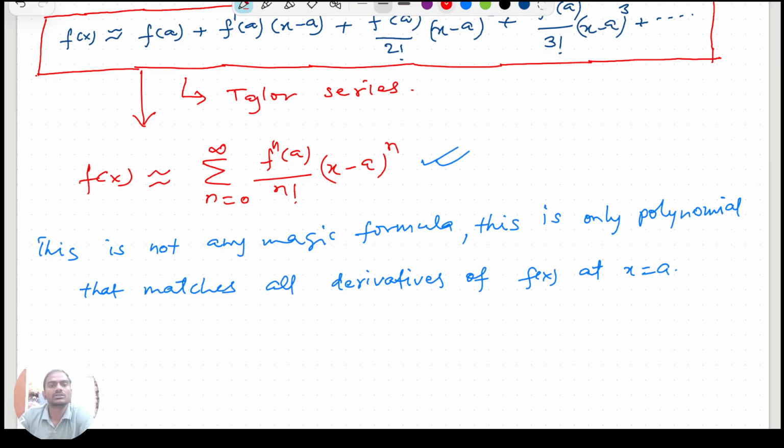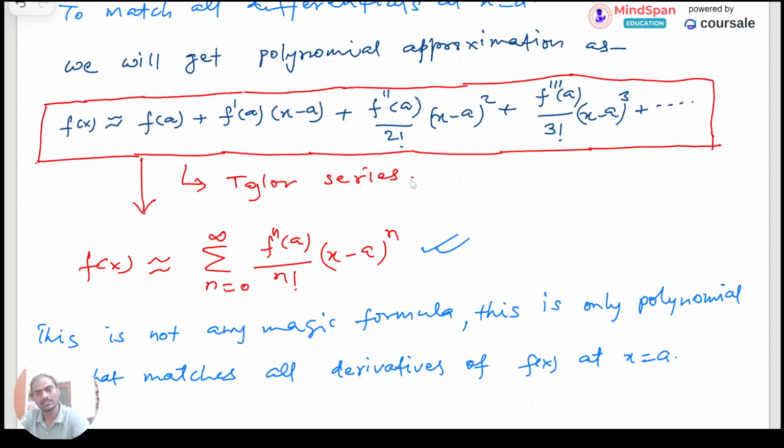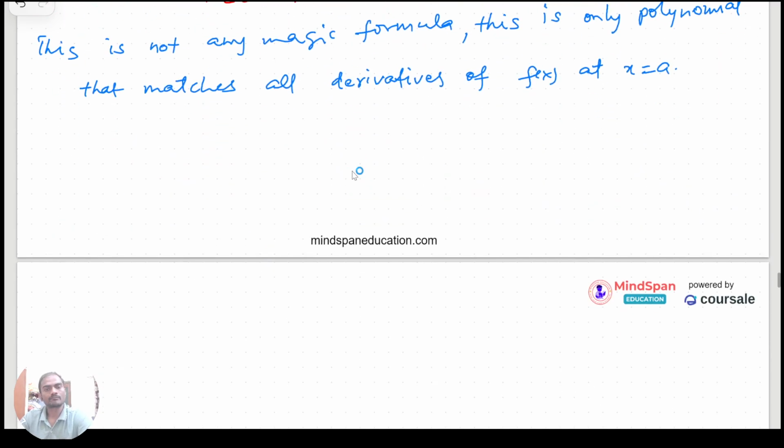ओके, तो इस तरह से हम लिख सकते हैं टेलर सीरीज कैसे हमको मिला, इसी को टेलर सीरीज बोलते हैं। इस तरह से जब किसी फंक्शन को अप्रोक्सीमेट किया जाता है अराउंड द पॉइंट x इक्वल टू a, तो जो भी अप्रोक्सीमेशन पॉलिनोमियल हमें मिलता है, उसे टेलर सीरीज बोलते हैं।